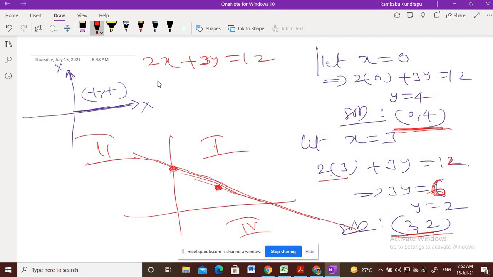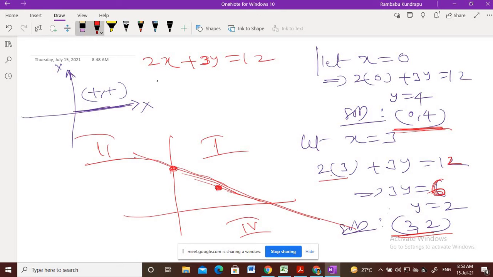But you do not need to show that, because a line is infinite, na. We can't show the whole line in one page or in one plane, because there is no end for the line. So what we have to show is where the line intersects both coordinate axes, the x axis and the y axis. That portion we have to show here. This portion only. Saubhagya, got it? Yes, sir.